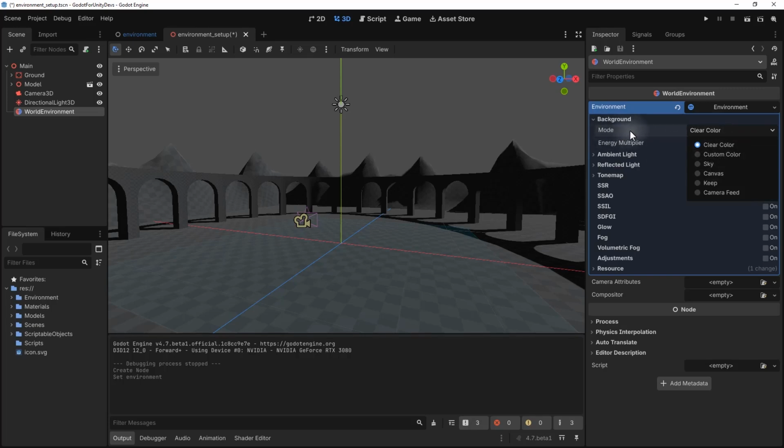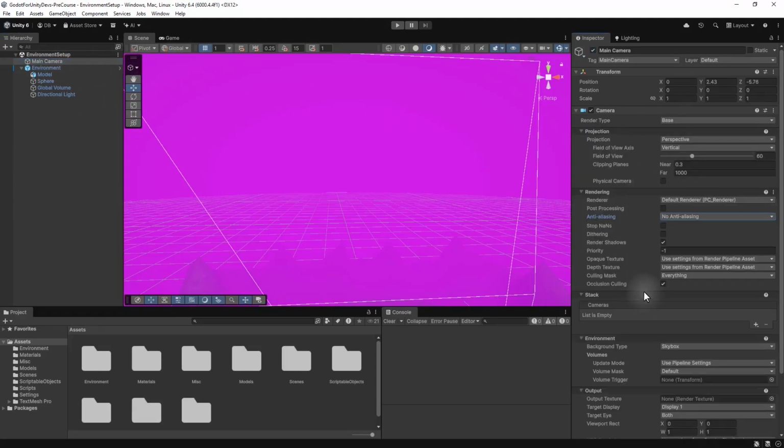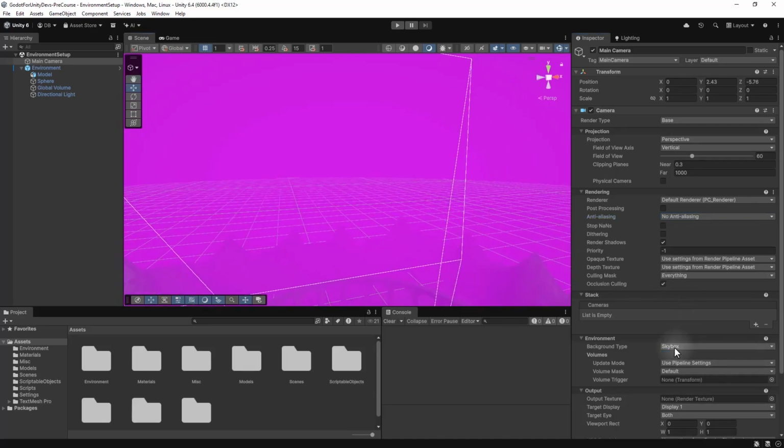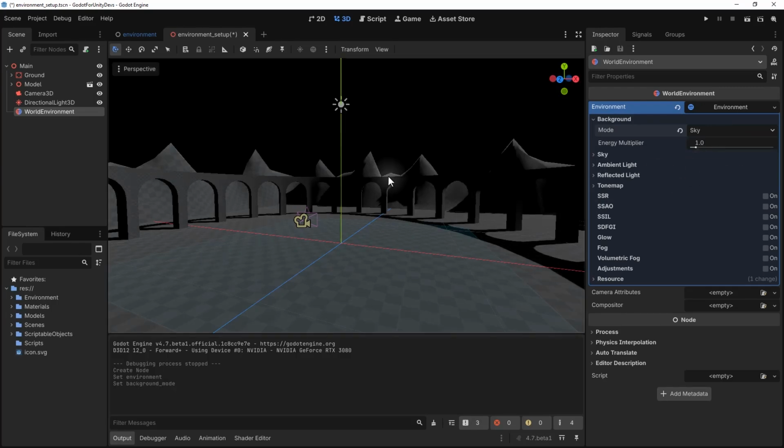Now, this setting inside of Unity is actually on our camera. So if I select my main camera, you'll see down here in environment, we have our background type. And by default, it's skybox, or we can set this to be solid color. Essentially, anything that is not a game object in our scene is going to have that pixel rendered with either skybox or a solid color. And in Godot, that setting is here inside of background. So right now we can change the mode to custom color, which is like color inside of Unity, or sky to render the skybox. Now you'll see this changes the sky to black,